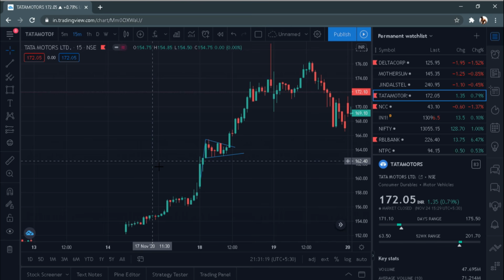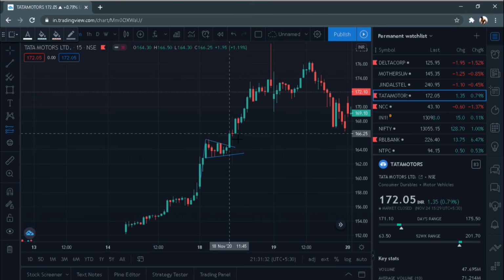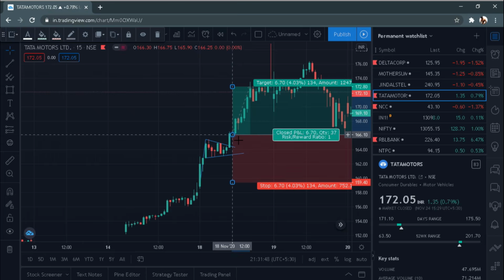So the first thing that should come to your mind whenever you enter a trade is, am I prepared if the trade goes against me? What that will do is keep reminding you of the risk management and eventually protect your capital. So let's discuss the entry and exit points. Whenever the flag pattern is broken, you should always enter after the candle has broken the pattern and the candle has closed. So the logical entry here would be on this candle, that is at 166.1.